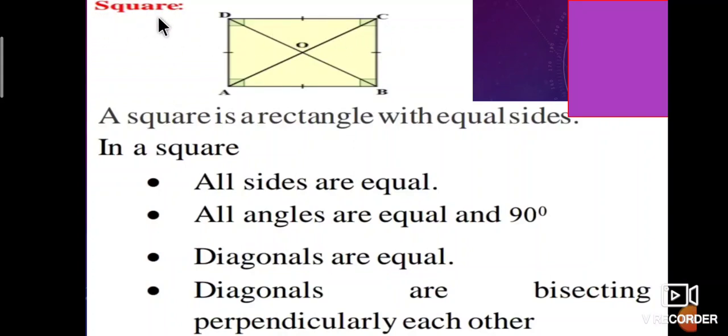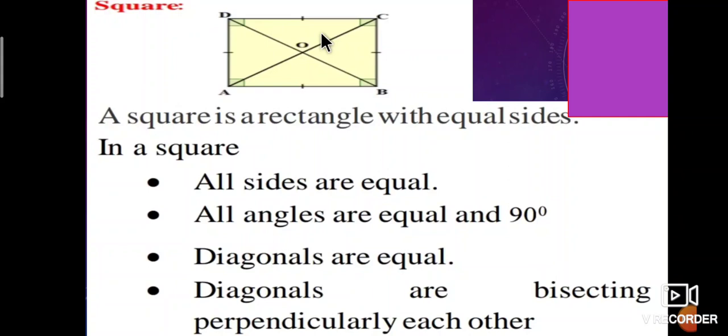Okay, first take the headline, students. All of you write the notes while watching the video. The first headline is Square. What is a square? Which shape does it have? This is the shape of a square, though it looks like a rectangle because of adjustment problems. Okay, it is a square.